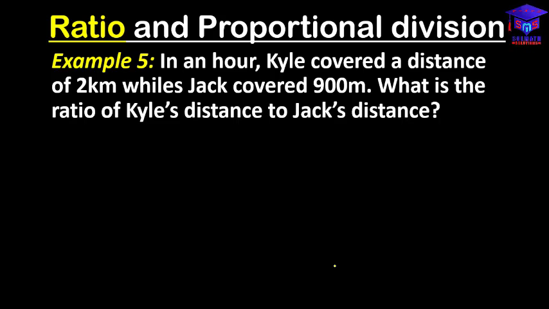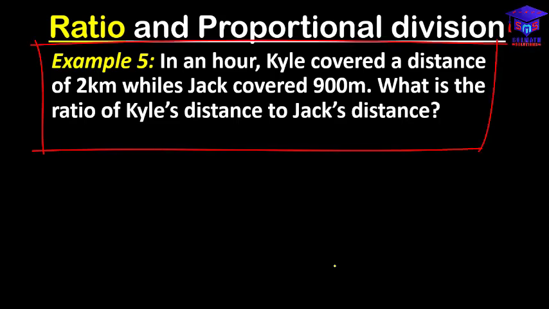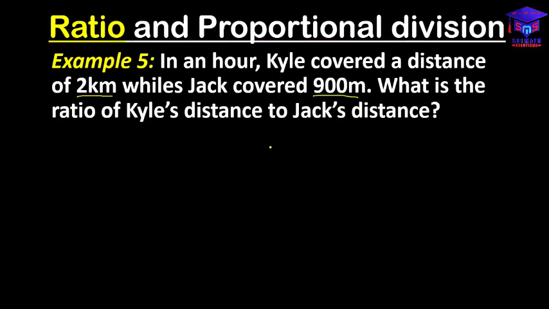This one says that in an hour, Kyle covered a distance of 2 kilometers, whilst Jack covered 900 meters. Now, what is the ratio of Kyle's distance to Jack's distance? This question is similar to the previous one. So we could quickly go ahead and say that this is 2 kilometers and this is 900 meters. If you just look at the values, you go and write 2 is to 900,